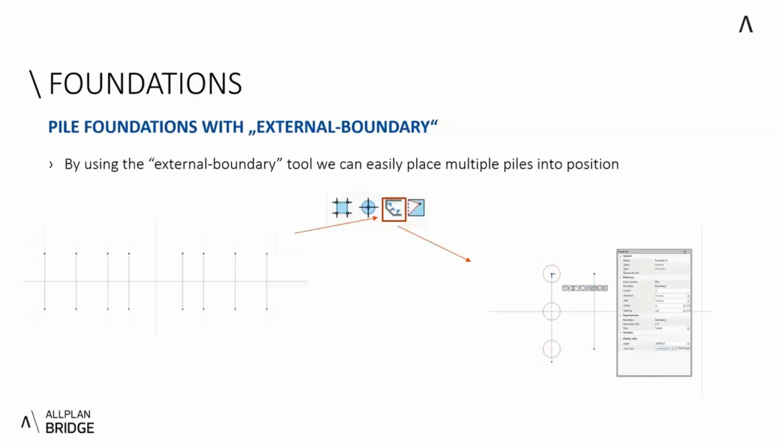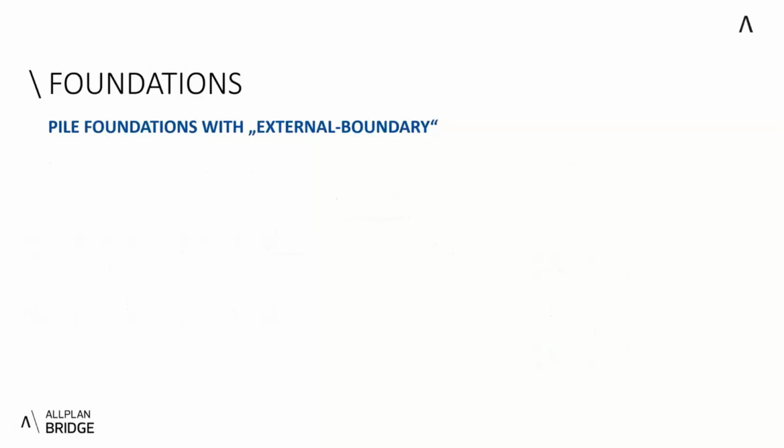Then we have this property window where we can set up copies, offsets, and spacings. As we know what the spacing should be, and we know we need 3 copies, we can easily just type this in